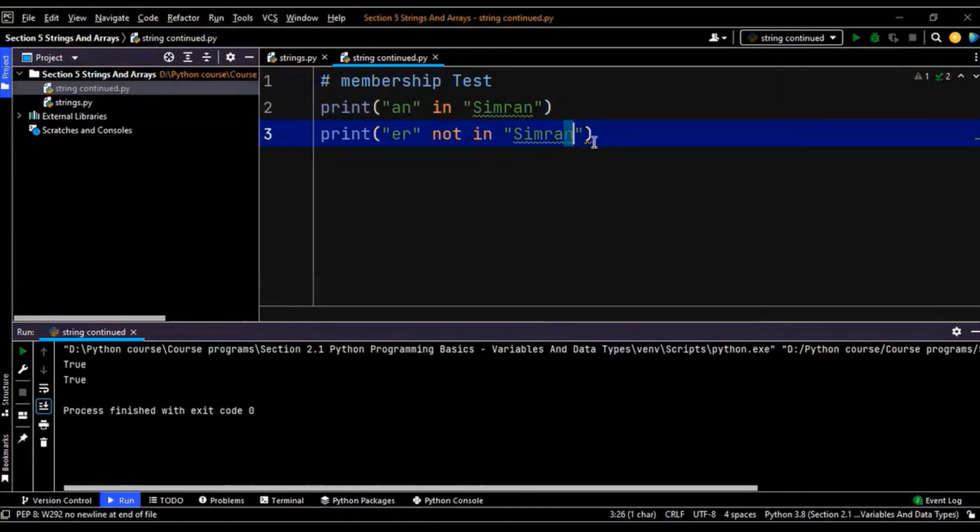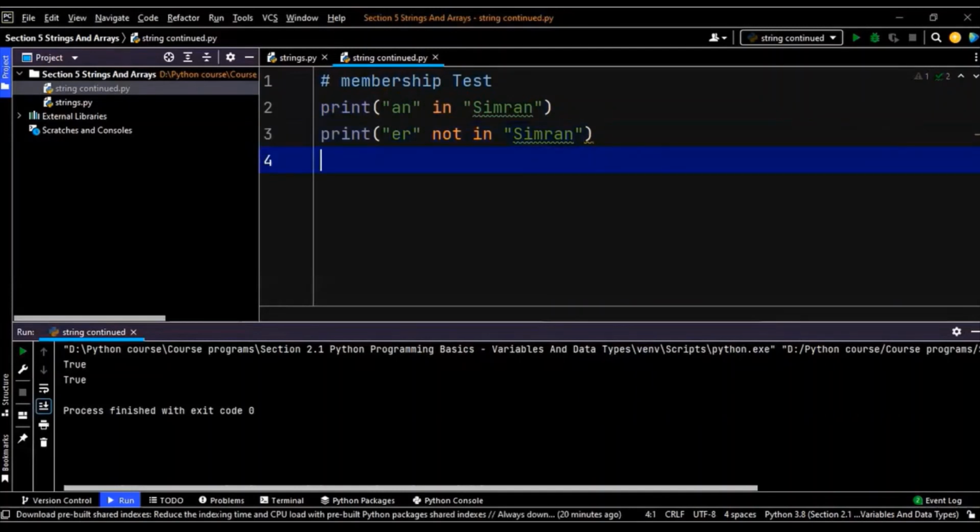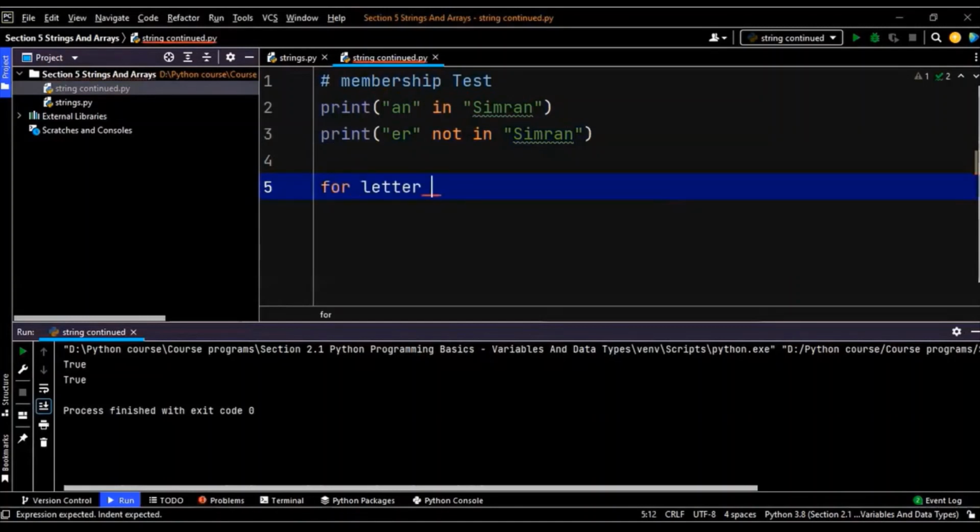Okay, I'm sure you might be thinking till now that I'm really too obsessed with my name, but I could just think of this example at the beginning. So let's start. For letter in Simran,